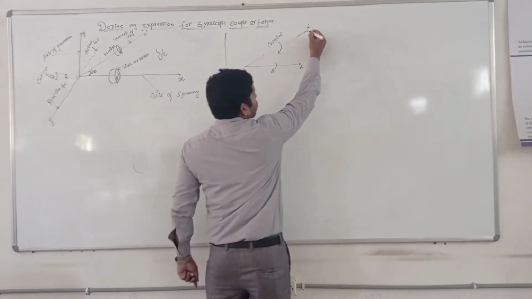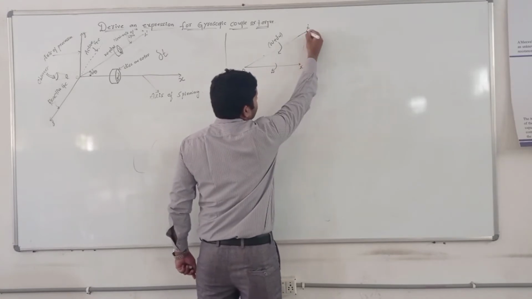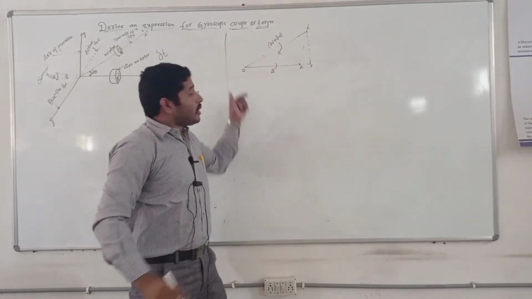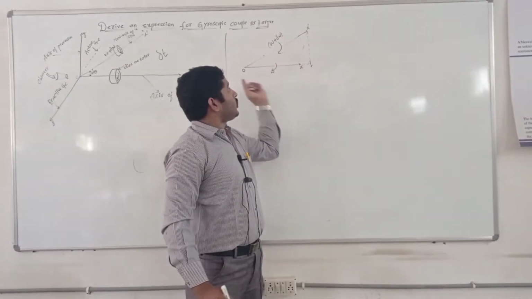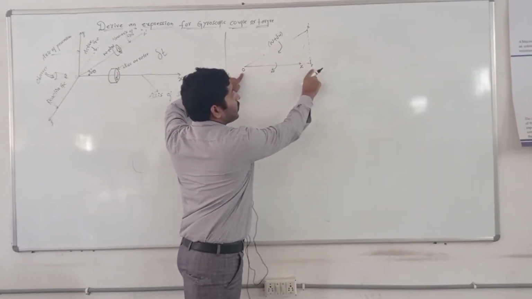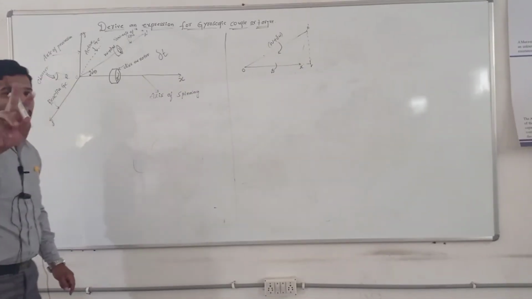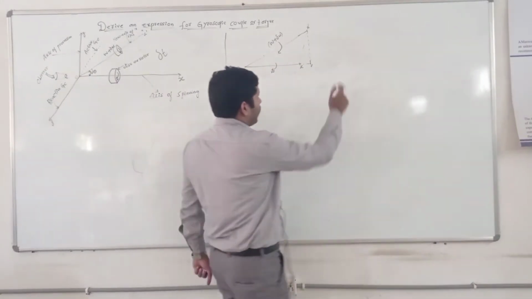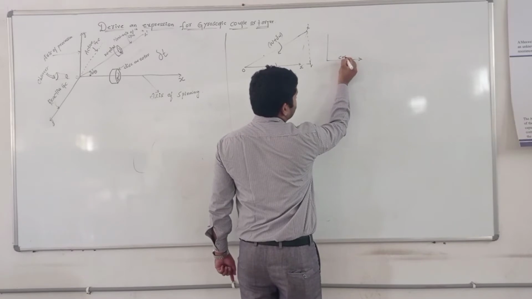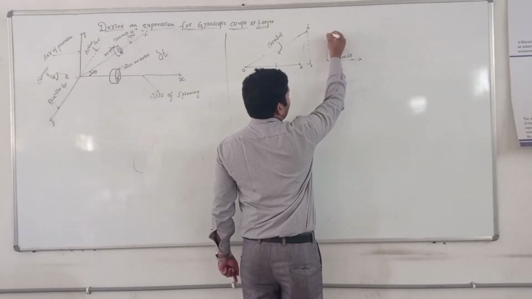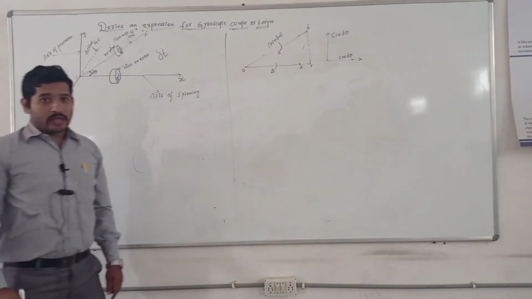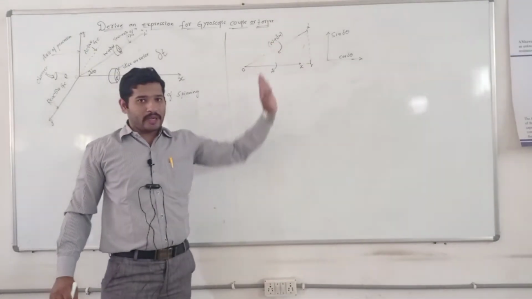Then at this point we can again draw the vector, and we call this one r. One component is parallel to the axis and another is perpendicular to the axis OX. It is resolved into two components. We can represent the parallel component as cos delta theta, and the vertical component as sine delta theta. Any confusion? They resolve parallel and perpendicular.